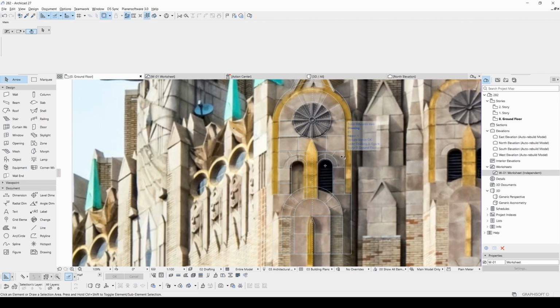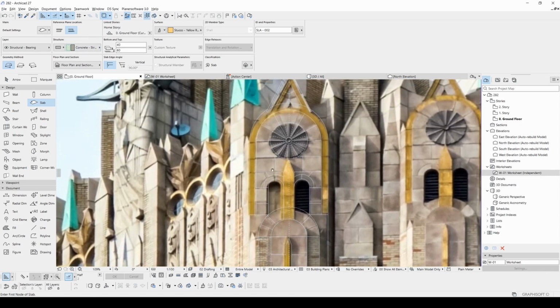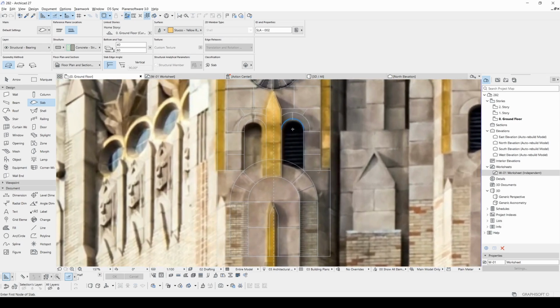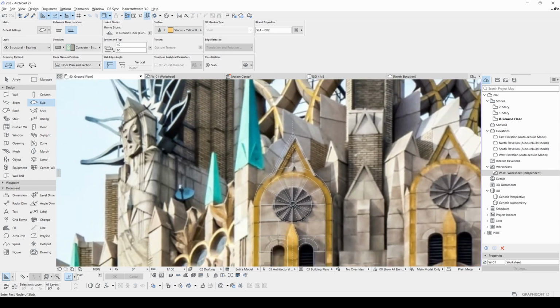There we go. Now we are going to start this one with a simple slab. Let's go to slab tool and change the reference plane location to bottom, and we are going to model this with different layer thickness. Our first layer will be 40 cm, 20 centimeter and a different centimeter value.